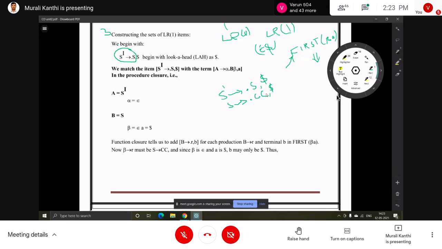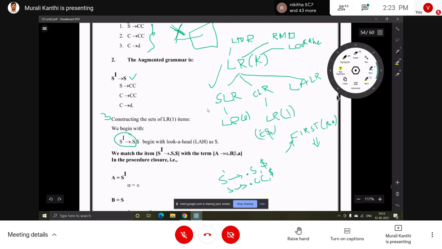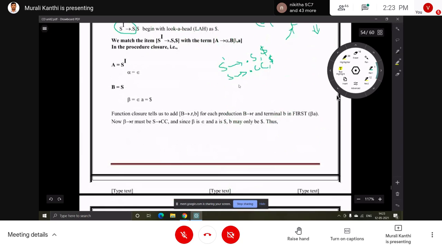Next, adding the production is completed, and adding the lookahead symbol is also completed. Next, same process. After the dot, which symbol is there? C. C is a non-terminal. A non-terminal has productions, two productions. So add those two productions.